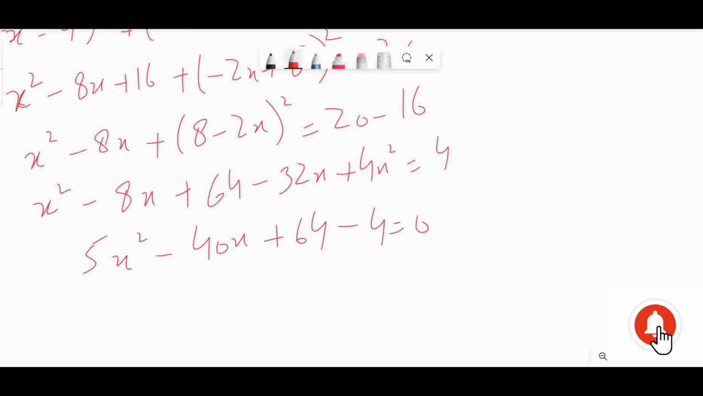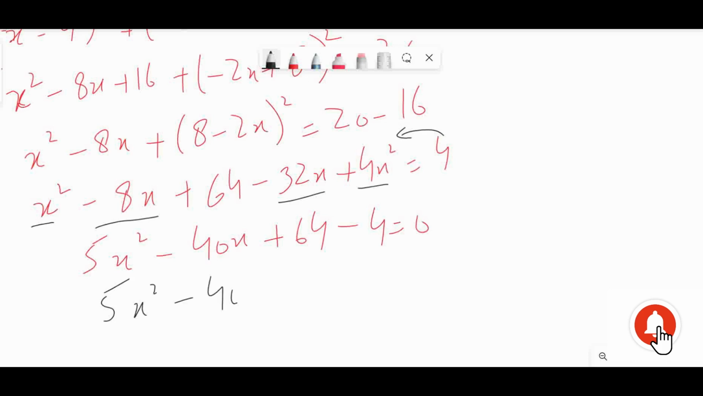We have simplified it like this, so we can see that this is x square and this one is x square, so this will become 5x square. This one is minus 8x and minus 32, so this will be minus 40x, and then plus 64, and we have shifted 4 towards the other side. Now this will be 5x square